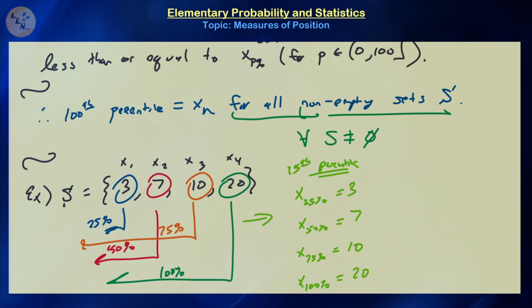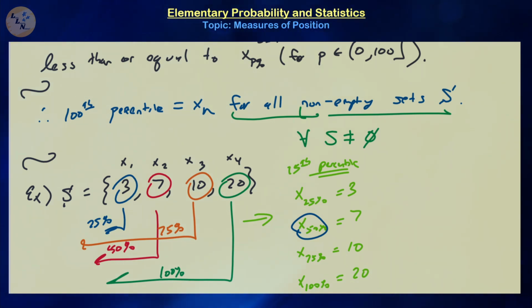Now, also keep in mind that the 50th percentile is not necessarily the median, but one could define the median in terms of percentiles from this particular perspective, right? But of course, you'll get conflicting answers. For example, the traditional median would be the average of 7 and 10, which is definitely not equal to 7. But it can give you some sense of how there can be different perspectives of what you mean by percentiles and quartiles and positions with respect to each other, because there are different ways to view